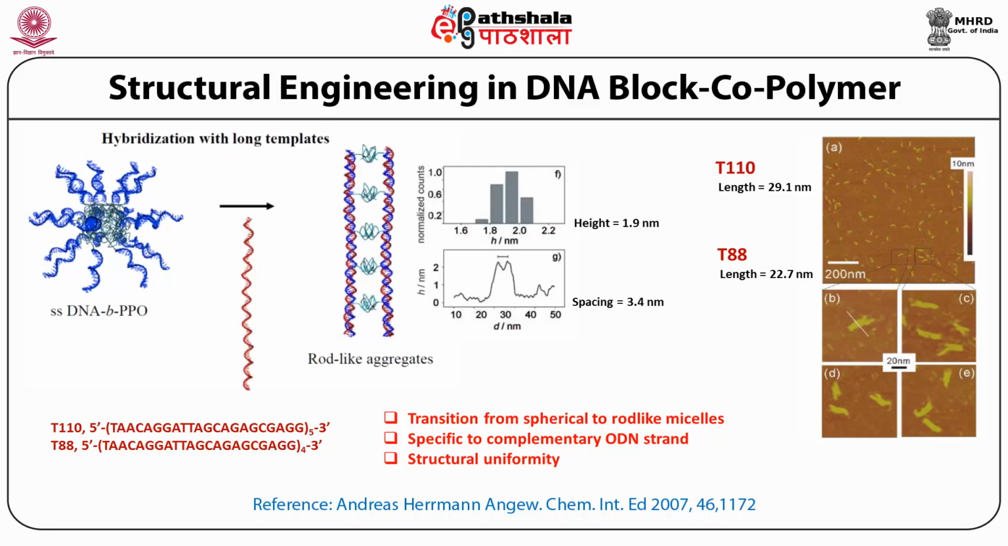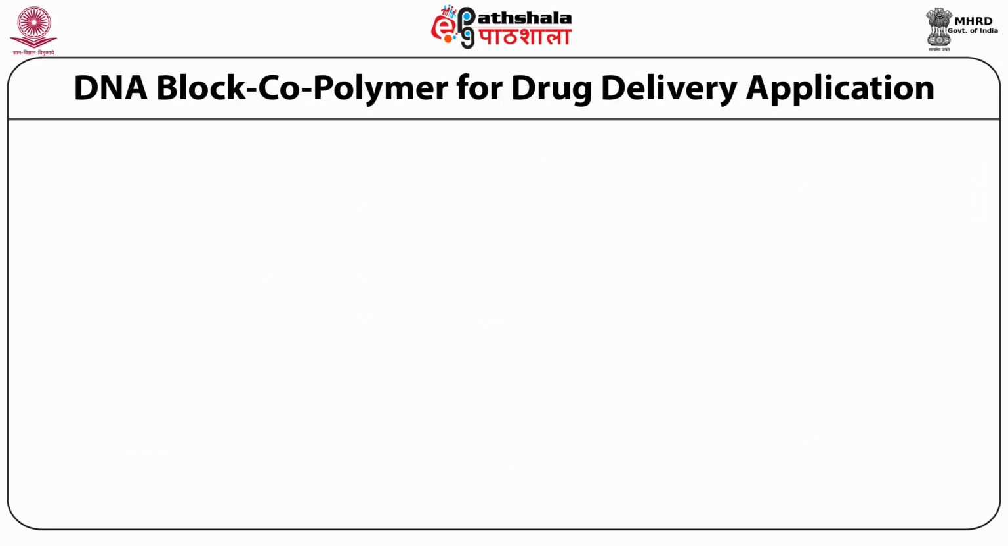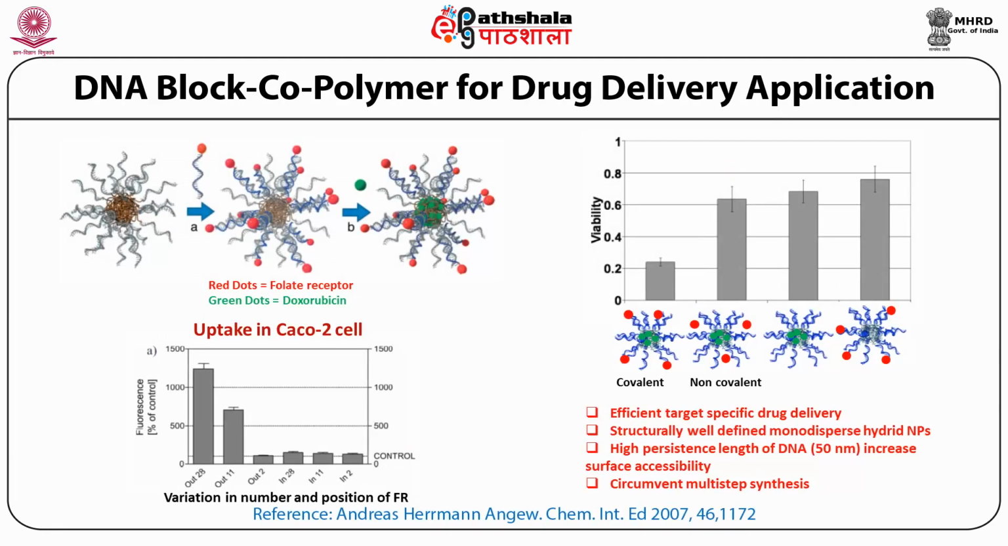So this is a very elegant example that, depending on the length of the complementary strand, you can either stay in spherical micelle, or you can completely change the structure into rod-like micelles. So now we look at one example where DNA block copolymer can be used as drug delivery application in cancer